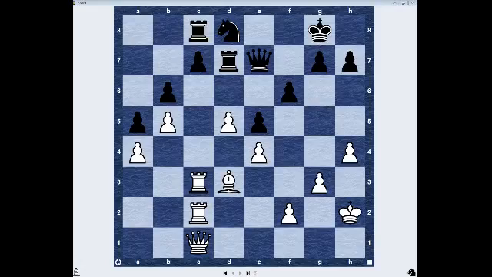Alright, okay, so let's see here. Alright, so here, what should we do in terms of trying to open up our bishop's active squares? You can play maybe bishop c4 with the idea of d6, but